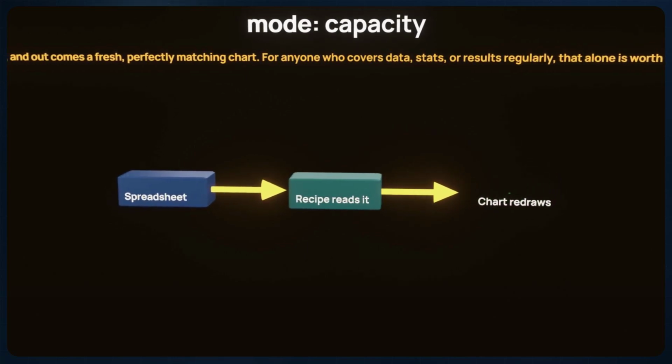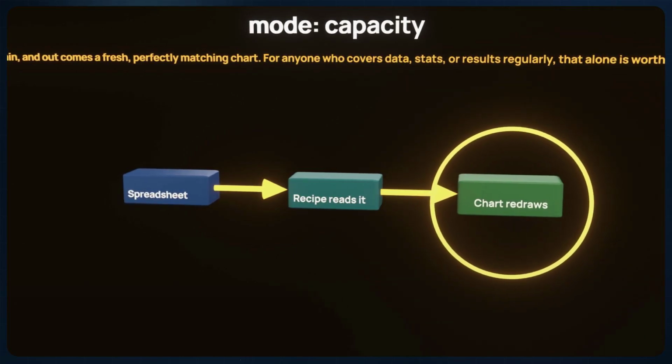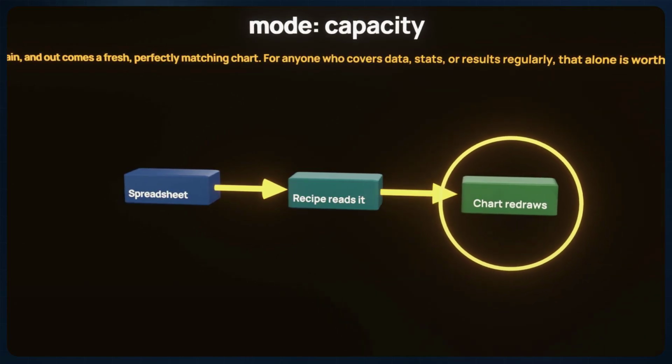For anyone who covers data, stats, or results regularly, that alone is worth the price of admission, which, remember, now